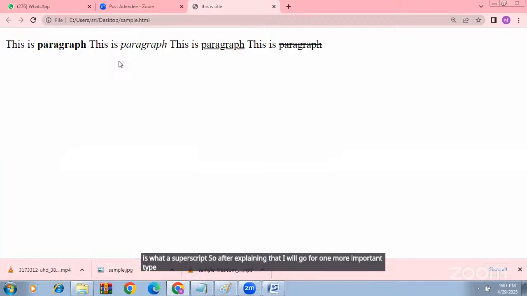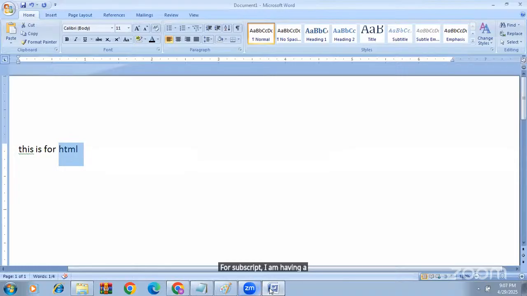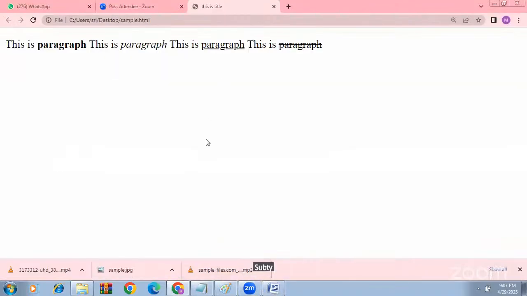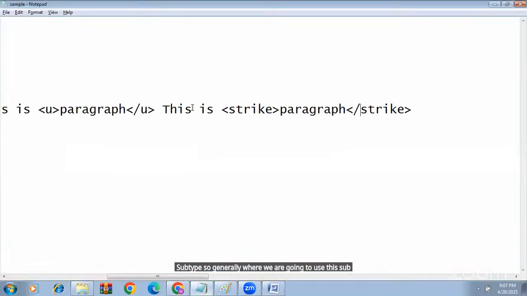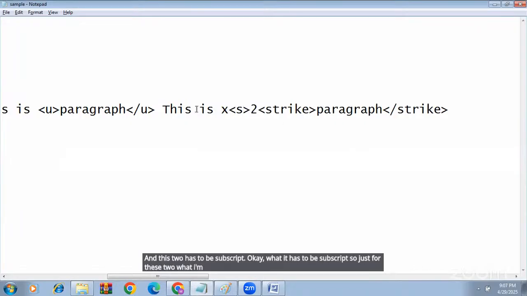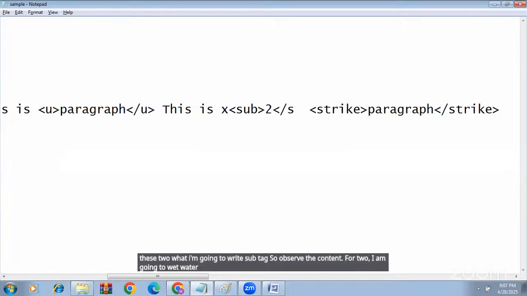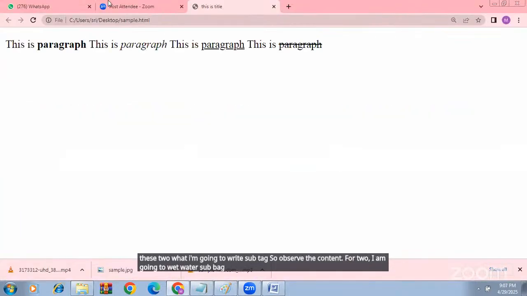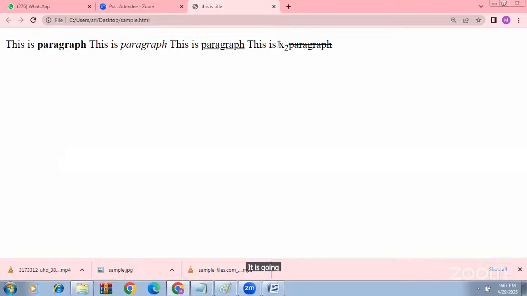For subscript, I am having a sub tag. What is that? Sub tag. Sir, generally where are we going to use this? Subscripts are right now. See, x2. I want to write X2, and this 2 has to be subscript. So just for this 2, what am I going to write? Sub tag. So observe the content. For 2, I am going to write the sub tag. Now observe carefully. Where is it going to be printed? So see, it is